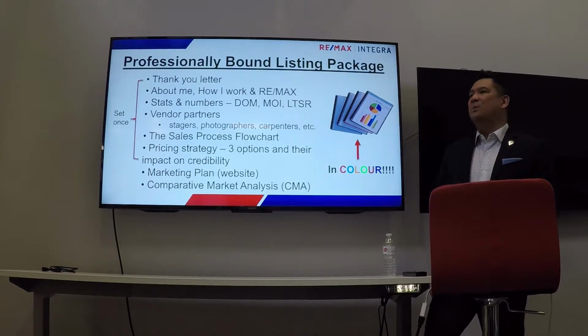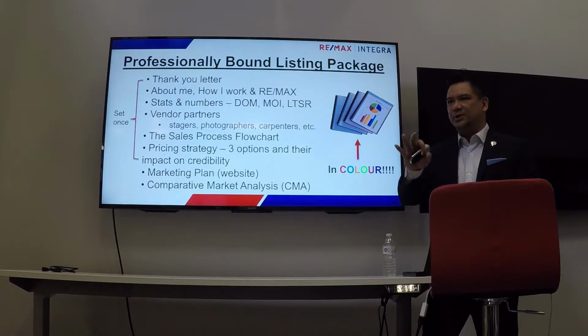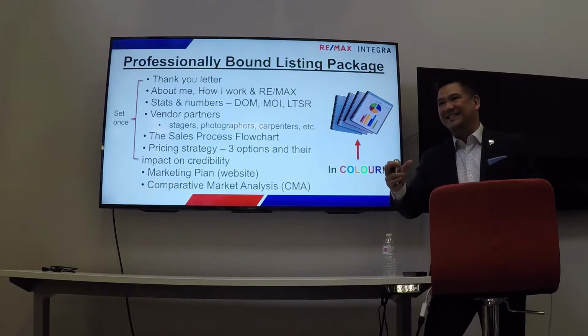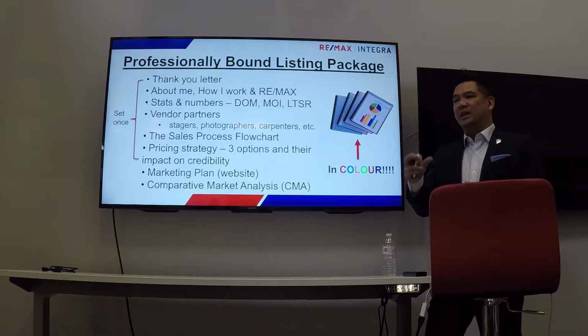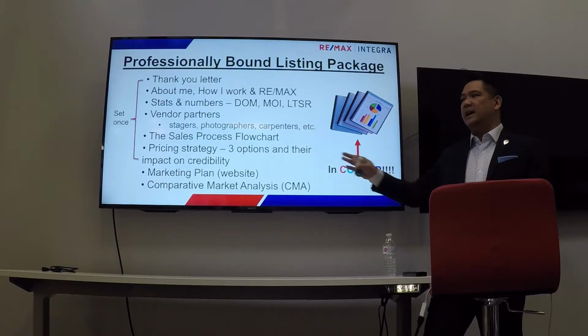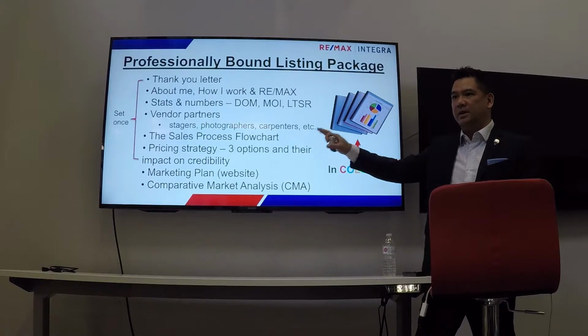That's fine. What I do, and I also said, the focus of this paragraph is the property. So really, yes, there's an impact on the three of you, but you really want to focus on the impact on the property. Because nobody cares about the seller, nobody cares about you as a listing agent, but they care about the property. The other thing you want to do is make sure that when you're talking about the impact on credibility,